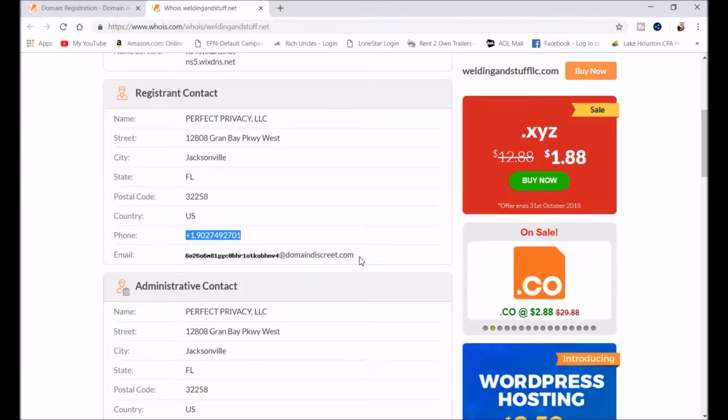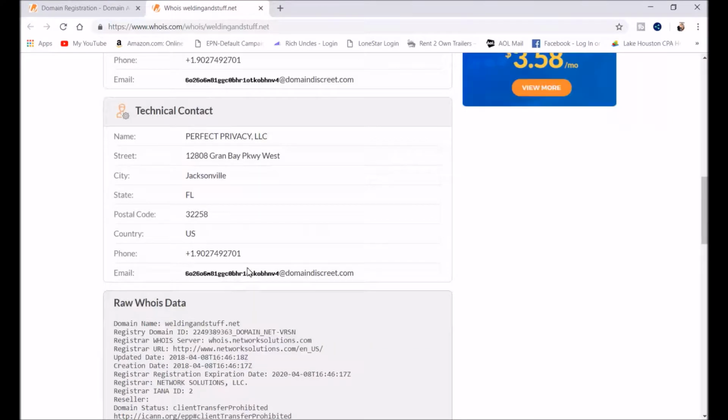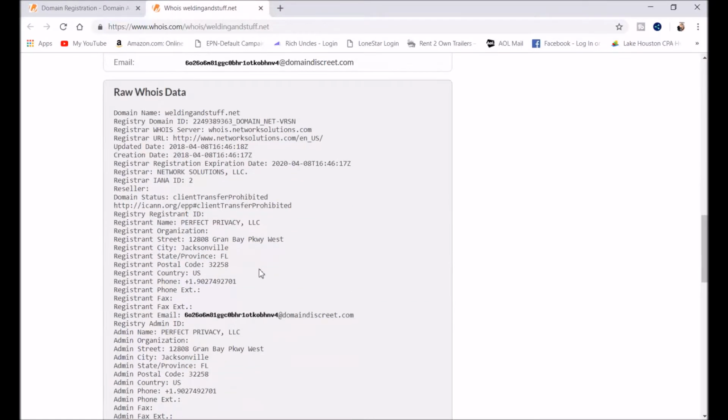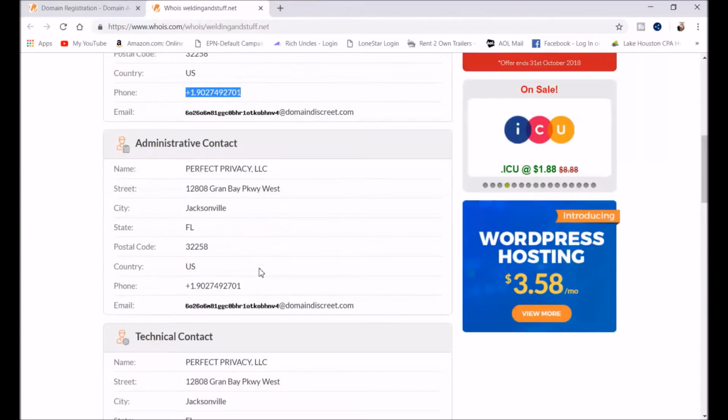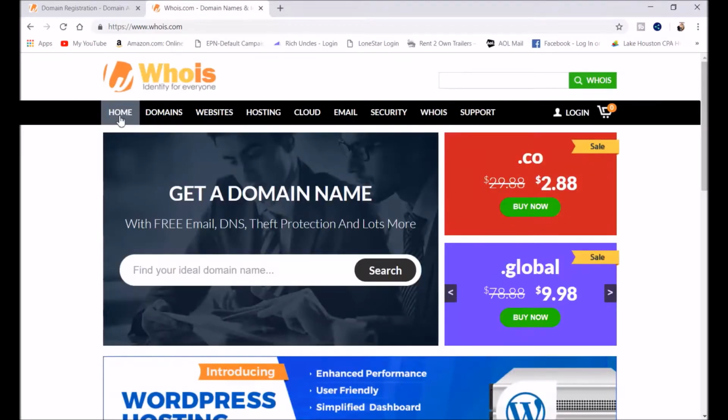Say for instance, if you want to purchase a domain name from somebody, you can just go to Who Is, and it gives you all this information. You can send that person an email or that company an email. So I'm gonna just click on the home again,